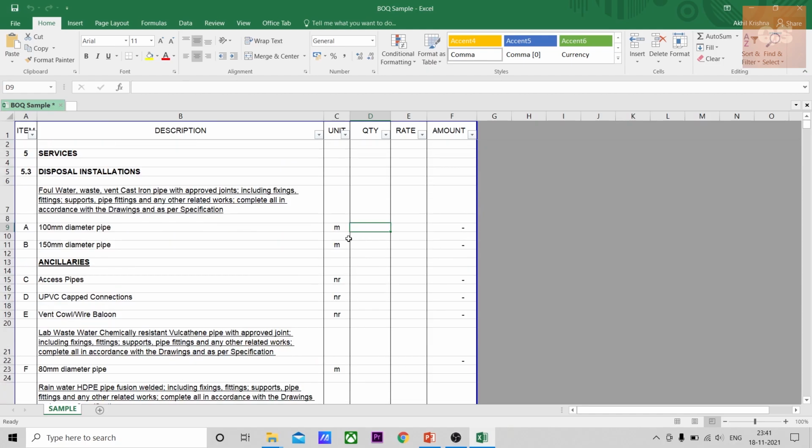Usually the unit of measurements will be meters, meter cubes, square meter, numbers. If it is a lump sum quantity, it will be in item or just as lump sum. There might be some quantities where an allowance needs to be put. So again, the unit of measurement will be as item. So make sure all items have the quantity and unit of measurement before submitting to the client.